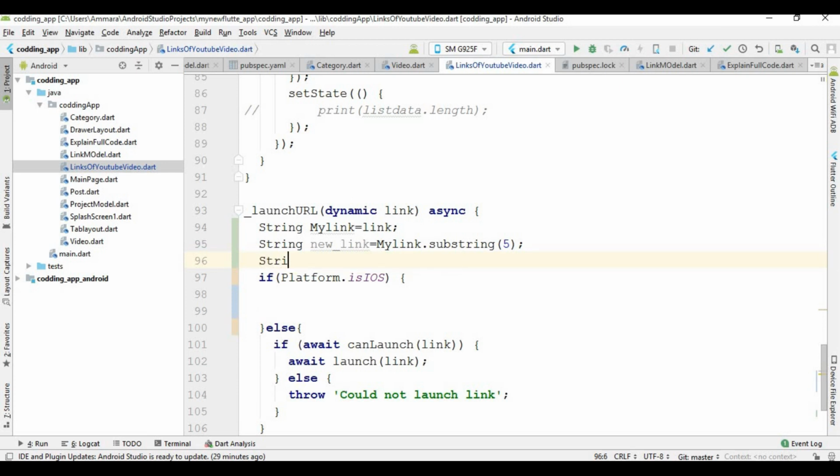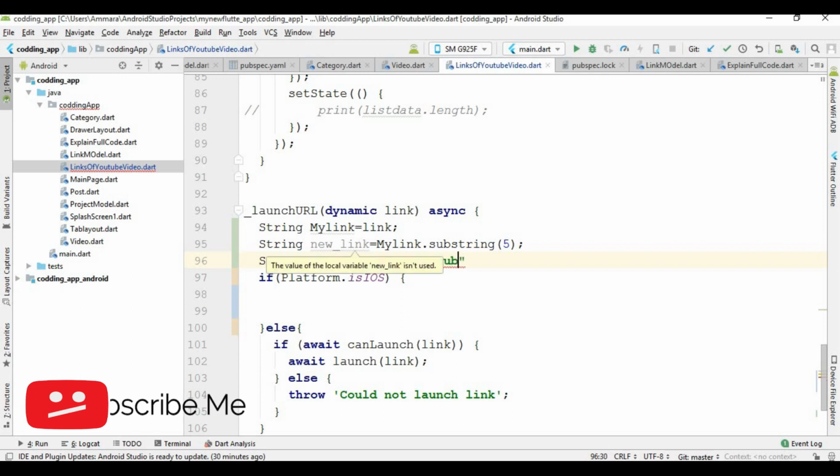So now I write the variable here, youtubeLink, and write YouTube here, and after that enter the plus sign here, and after that pass this newLink.